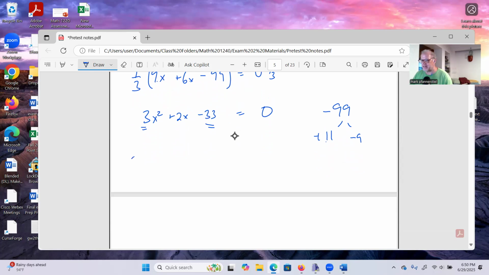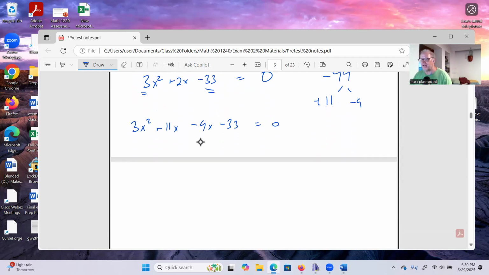So let's go ahead and rewrite this. This is 3x squared, and then we're going to add 11x minus 9x minus 33 equals 0. And now we can go ahead and start factoring. Now, 3x squared plus 11x doesn't have a lot in common. There's just an x here. So there's x times (3x plus 11),